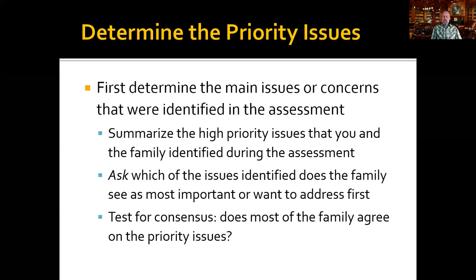So I had asked the family, okay, so Mom, it sounds like you think the most important thing is to work on picking up the clothes around the house and putting them in the hamper. Got it. How do the rest of you see this? Is this the most important issue? And in this case, the answer was, no, Mom, that's not the most important issue. God, I put my clothes in my hamper just this morning. So the consensus was that this wasn't the most important issue. In which case you need to go back and figure out what most of the family wants to work on first. You're not always going to get necessarily unanimous agreement, but you do want to have some kind of a consensus where most agree on the main issues they want to work on.